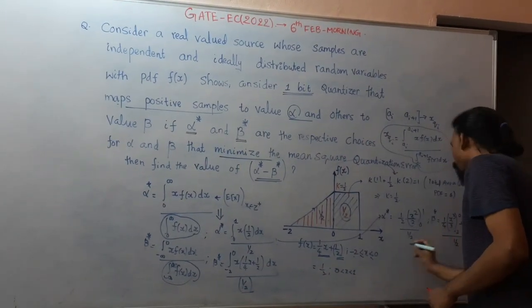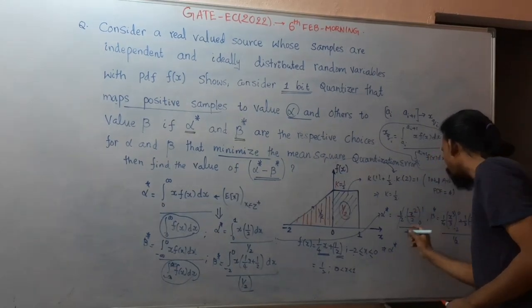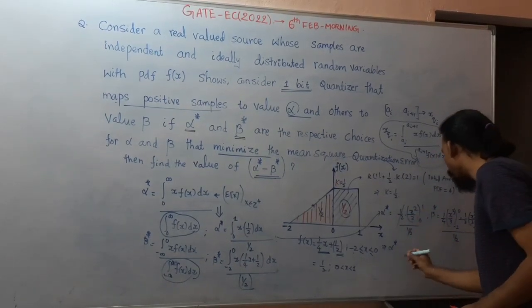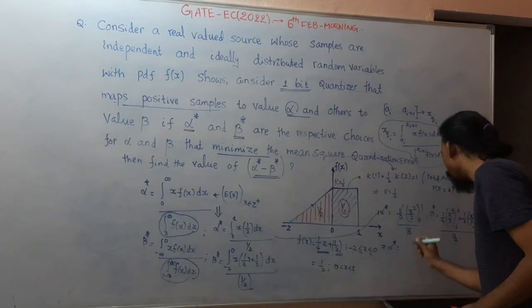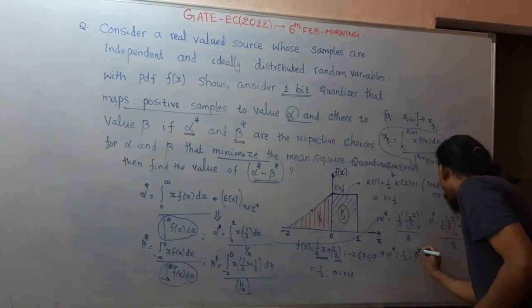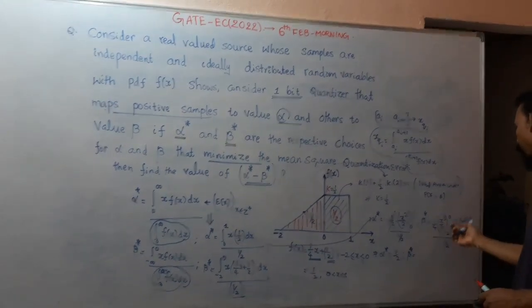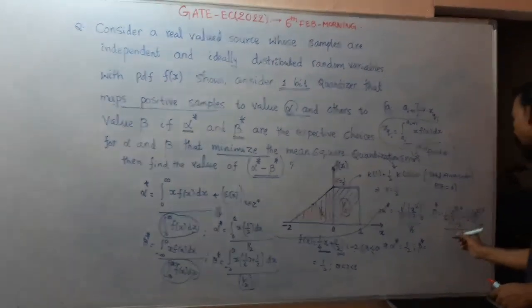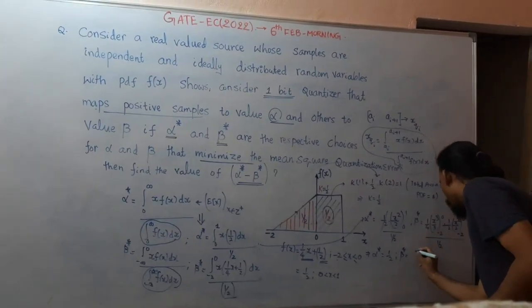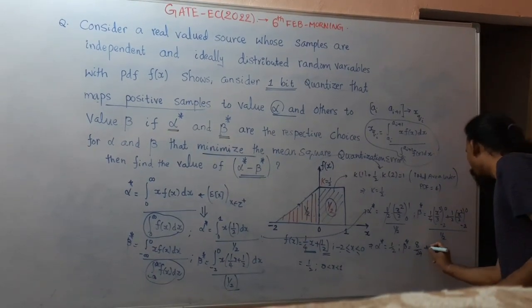This is 1 by 2. And this implies alpha star equals, this 1 by 2 should be cancelled out, and substitution of limits: 1 whole square means 1 by 2, minus 0 whole square means 0. So alpha star equals 1 by 2. And beta star equals 1 by 4, and if you substitute upper limit 0, 0 whole cube means 0, and minus of minus 2 cubed means it is 8. So it is 8 by 24, and plus 1 by 2 into,